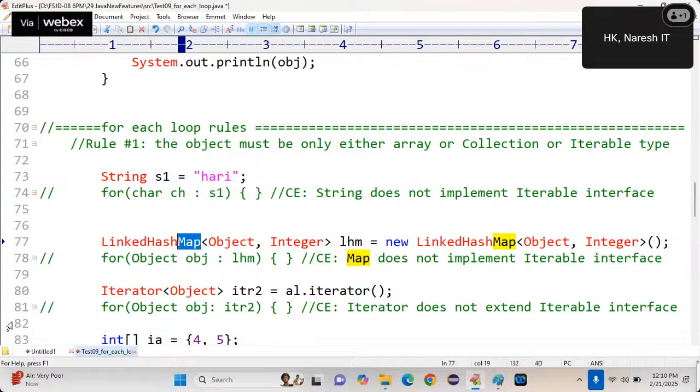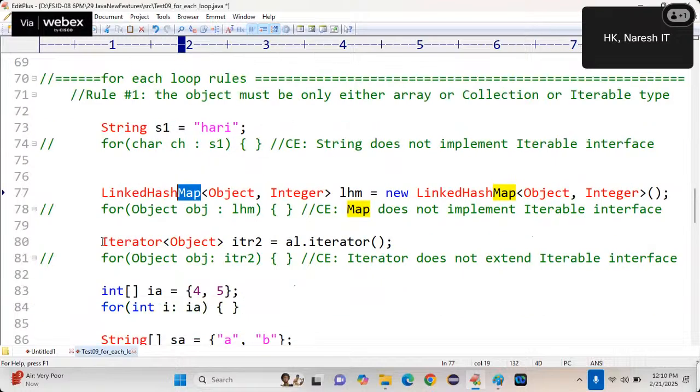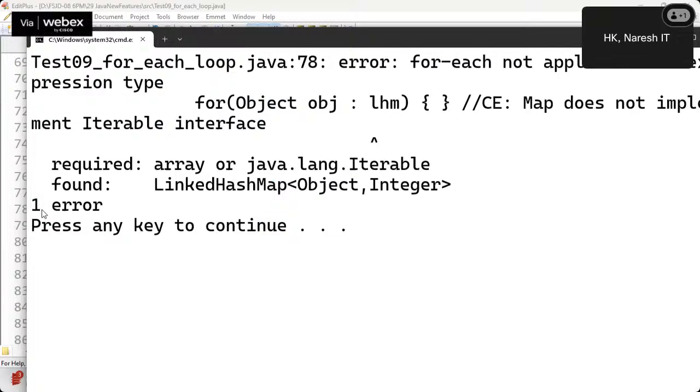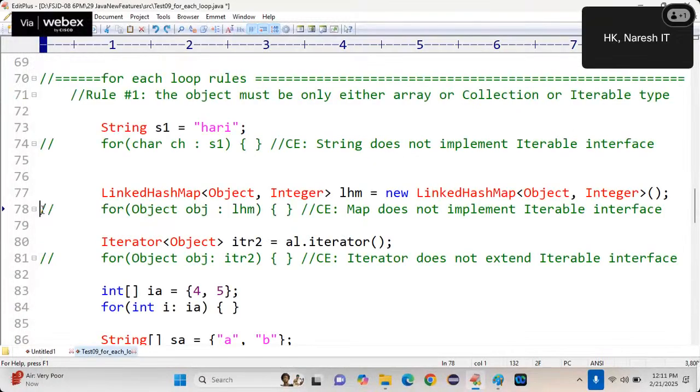Next Saturday, I will tell you how to retrieve objects from the map. Next, if I write map here, what is the error? Same error we will get. For each not applicable to this expression type because it's not iterable.